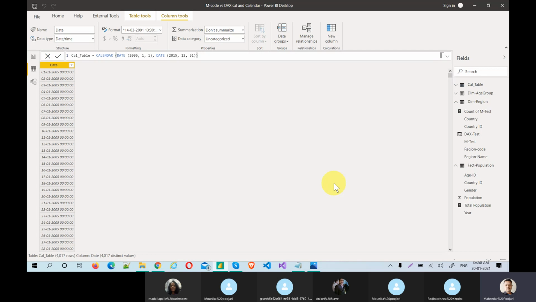And if you don't know all these things, if you are an administrator, you know how to create the workspace, you know how to create the dataset, how to give the access, how to create the dashboards, how to pin them, all those things. If you know, then that's also perfectly fine. You are the suitable person.